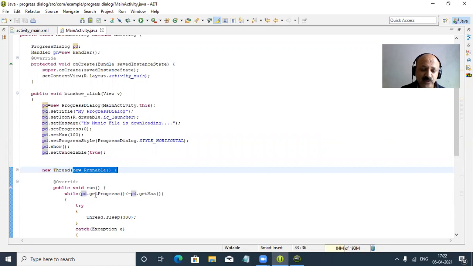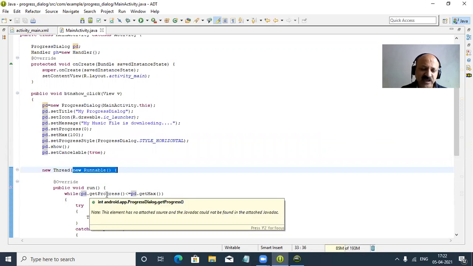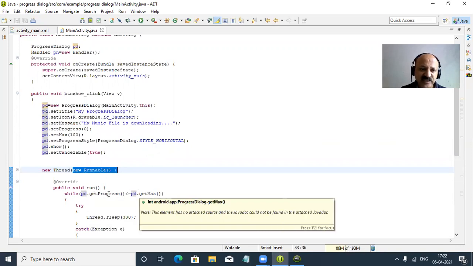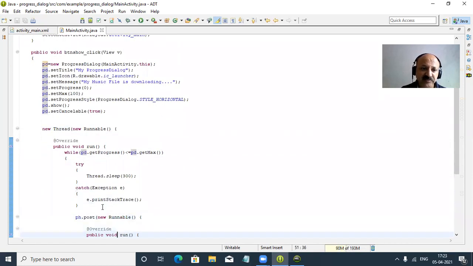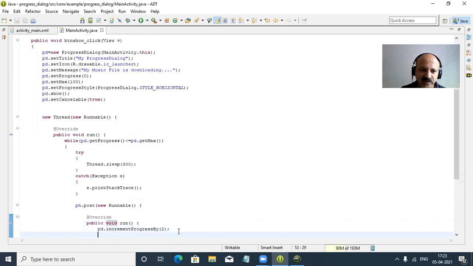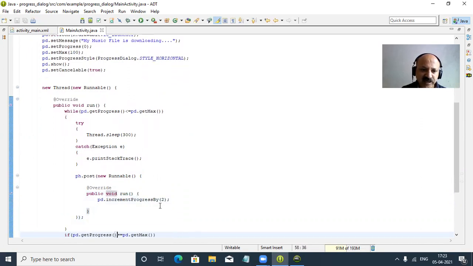And we can also use, like a progress bar, the progress dialog box value is less than 200, but here I use getProgress and getMax less than, so both are inbuilt methods. And Thread dot sleep in a try catch block. Yes. And then for the handler, we again use an anonymous Runnable method, and that increments by 2.